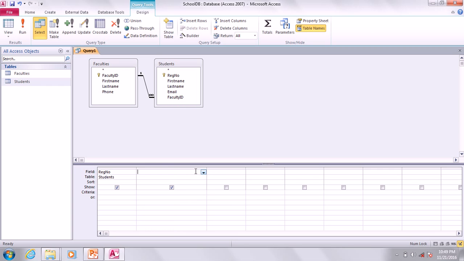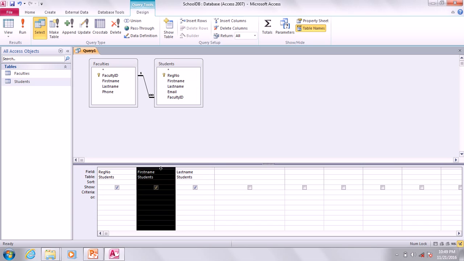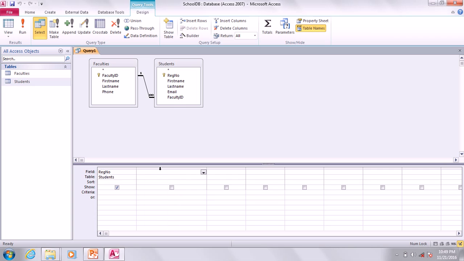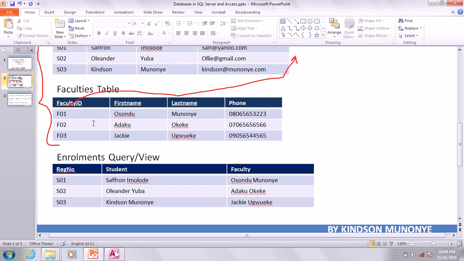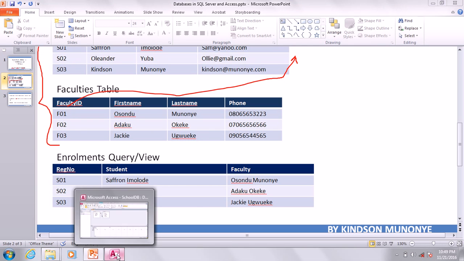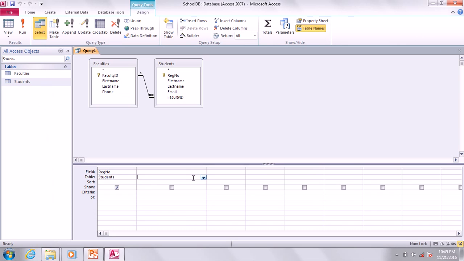Let's start afresh. So what you are going to do, from the students table, okay, so we defined the reg number, which is the reg number we want. Now we want students, so choose the table that contains it, students, and we have first name and last name has to be combined. So what you simply say is first name